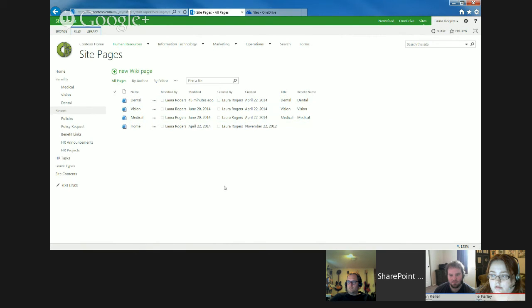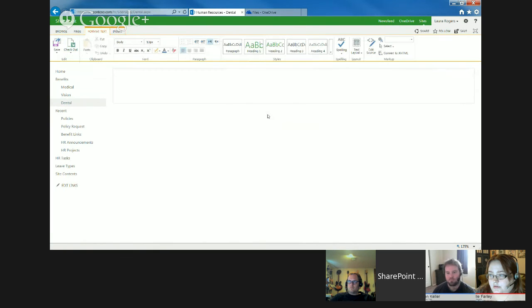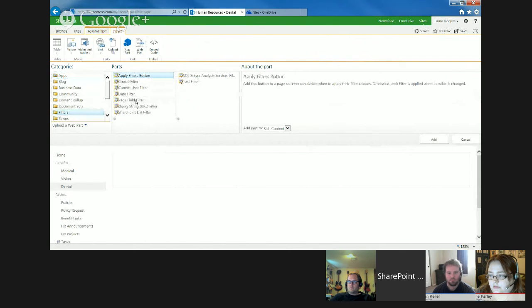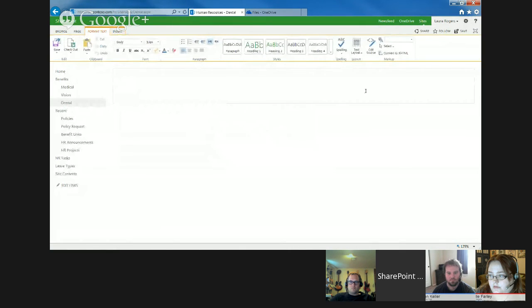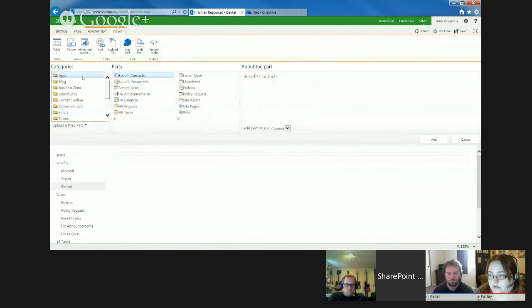So page field filter is going to look at a field on whatever current page you're on. So a field is going to be like name, title, benefit name, or any other field that you've added to the site pages or the pages library itself. So when I go to dental, I haven't built this out yet, and I'll go ahead and build that out. So I'll go insert my filter web part, my page field filter, and then I'll insert a couple of the other ones like benefit documents and stuff,